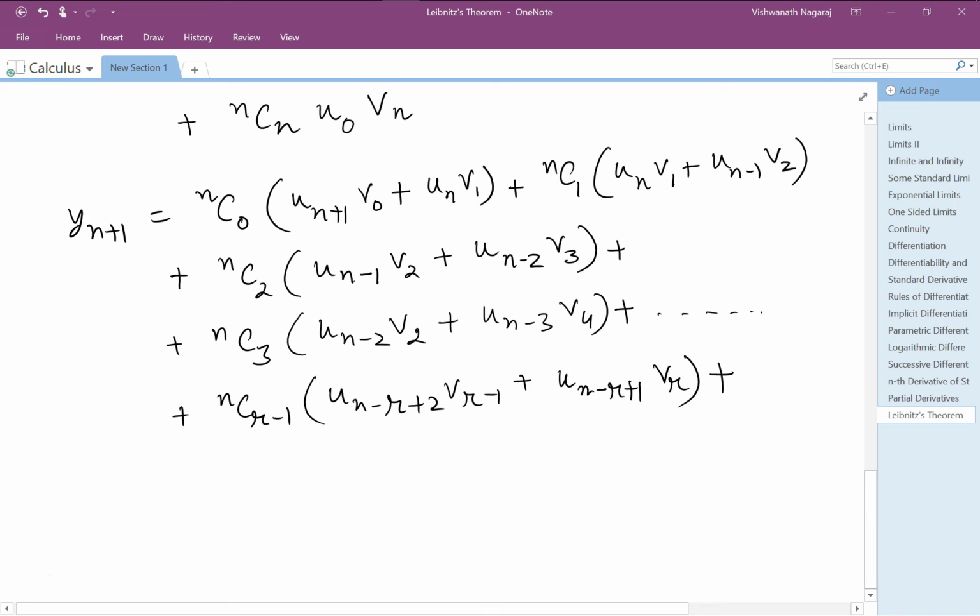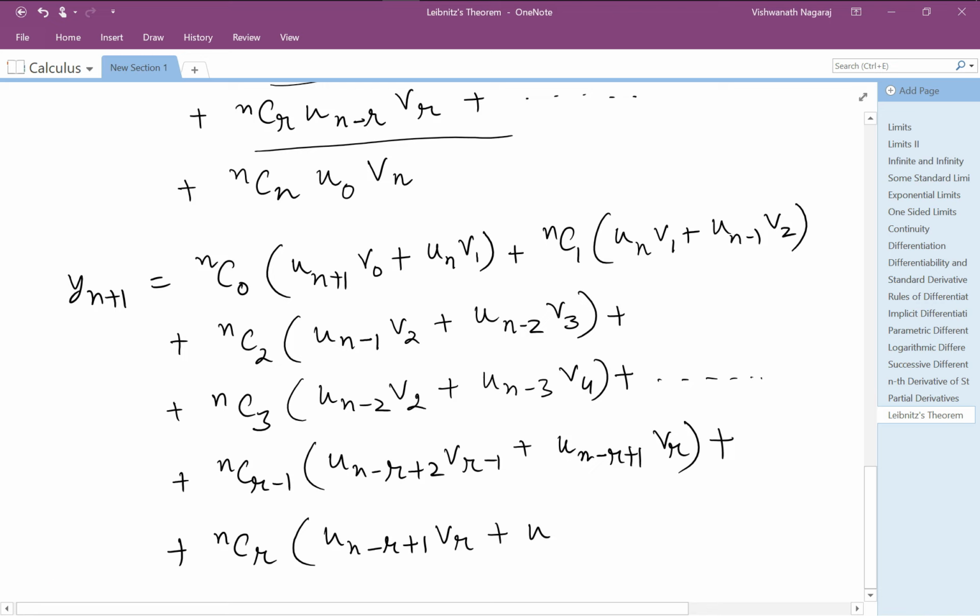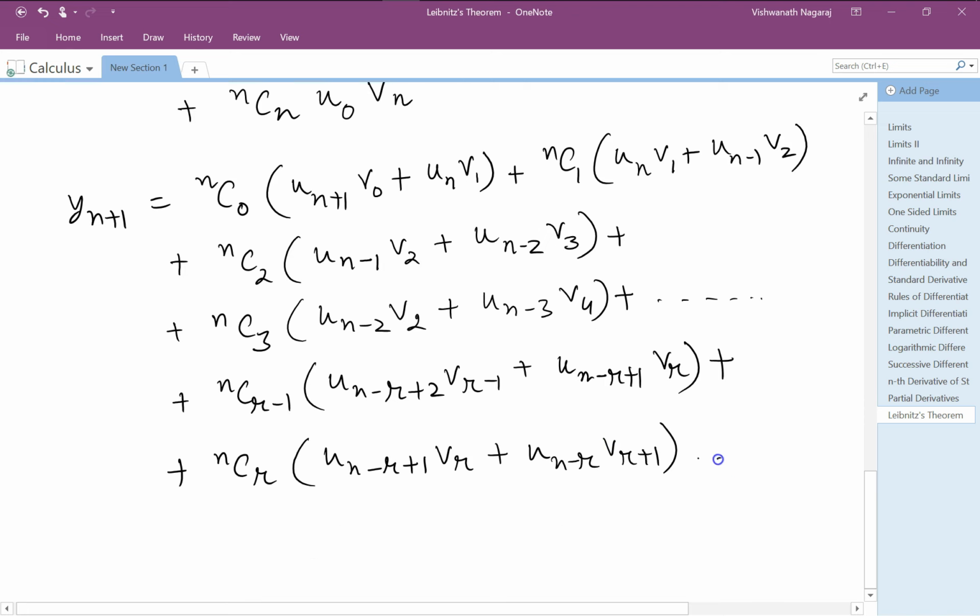Take it slowly, understand what is happening here. Then ncr, and this becomes u n minus r plus 1 v r plus u remains as it is, so n minus r, v becomes r plus 1, and dot dot dot dot